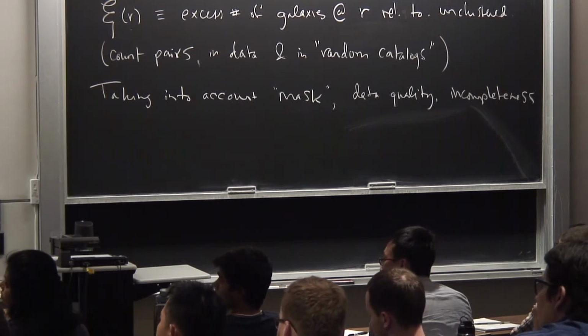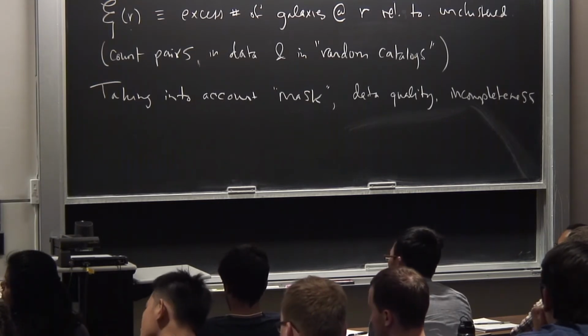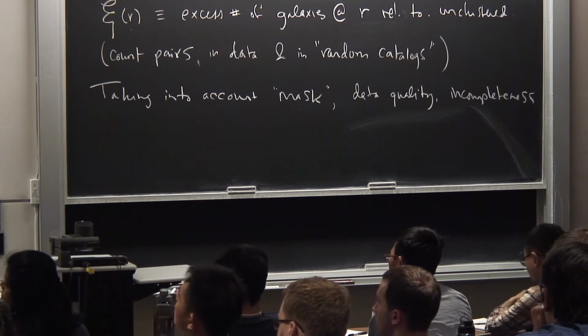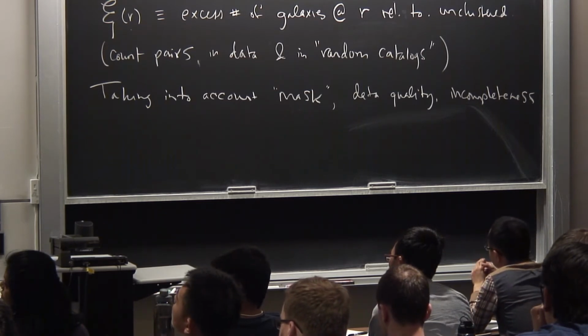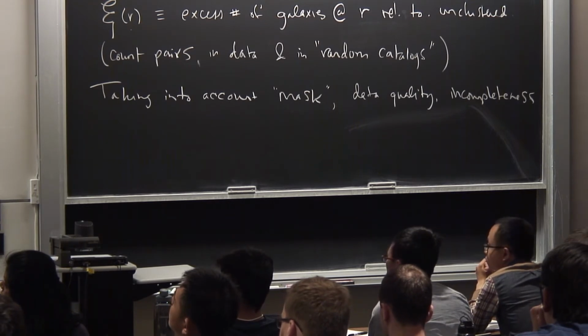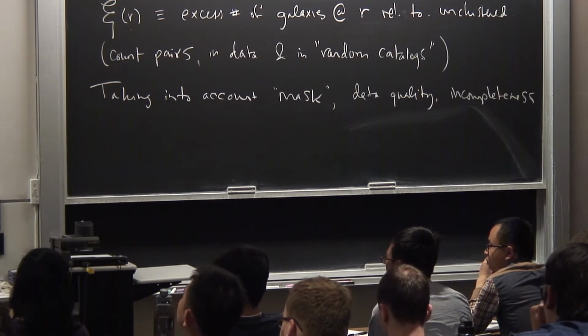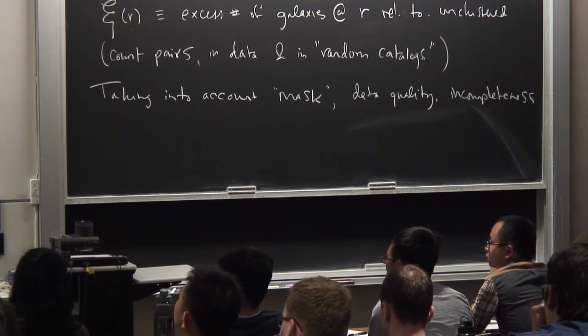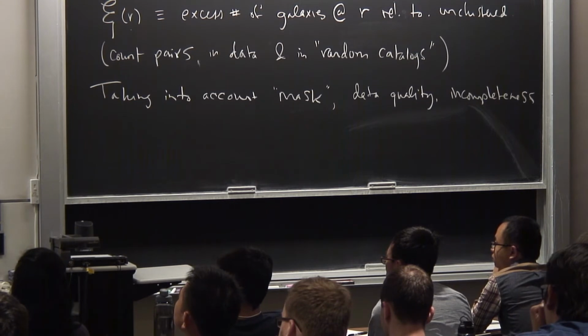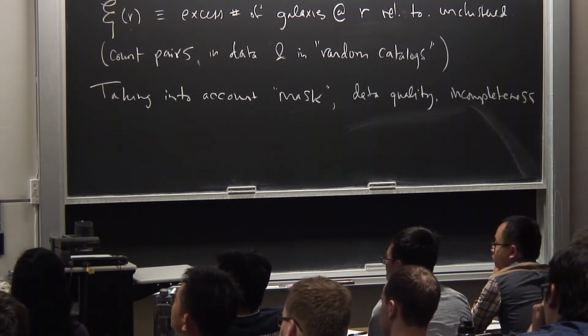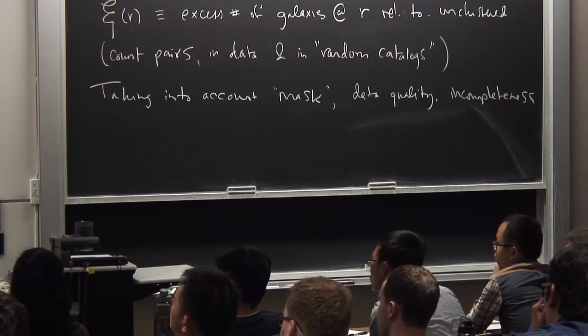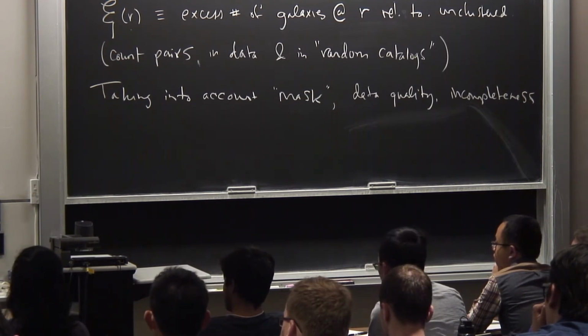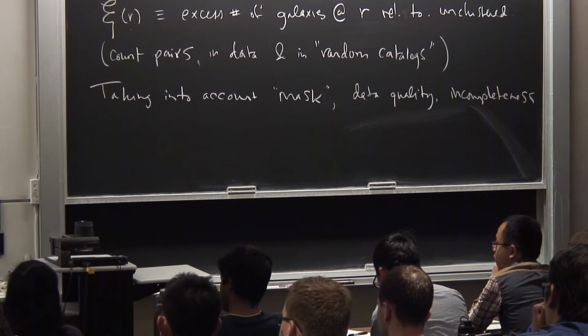Yes? Related to the incompleteness, how do you deal with it? You were talking about the galaxies that are very close together. Well, at what point do they stop being very close together and become a single merged galaxy? Good, a great question, which is that when galaxies get very close together on the sky, at some point they will be called one galaxy. How do you deal with that? That is a very big set of unsolved problems in cosmology. That's also something I work on. I work on the imaging analysis that goes into these projects and selects the galaxies.